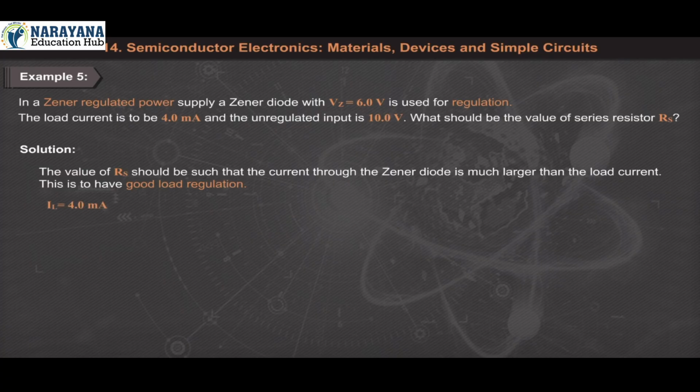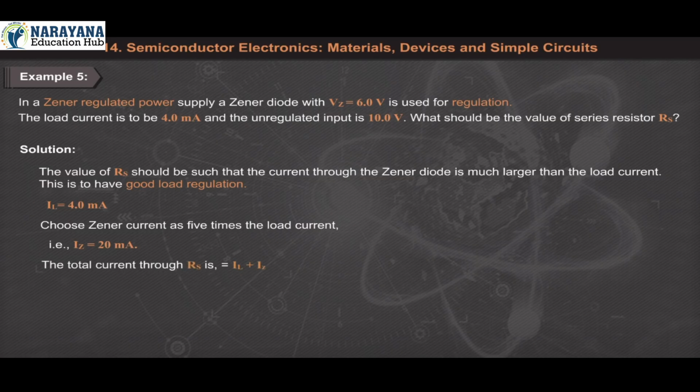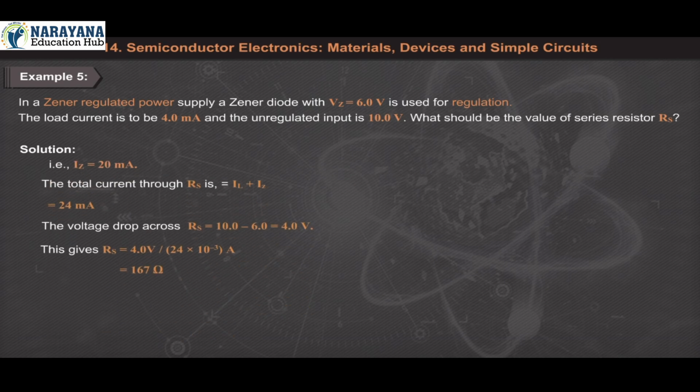IL is equal to 4.0 milliampere. Choose Zener current as 5 times the load current. That is, Iz is equal to 20 milliampere. The total current through Rs is I is equal to IL plus Iz is equal to 24 milliampere. The voltage drop across Rs is equal to 10.0 minus 6.0 is equal to 4.0 volt. This gives Rs is equal to 4.0 volt upon 24 into 10 raised to minus 3 ampere is equal to